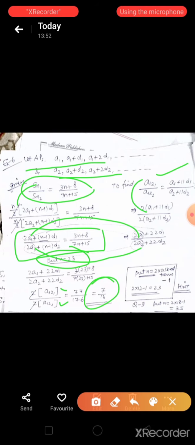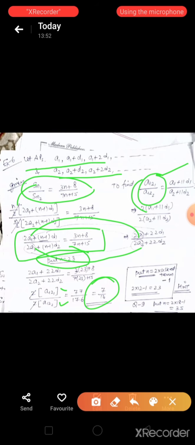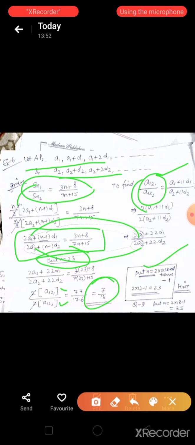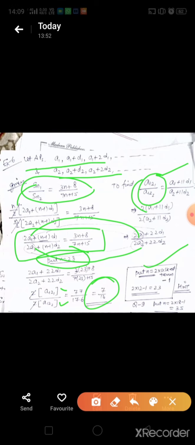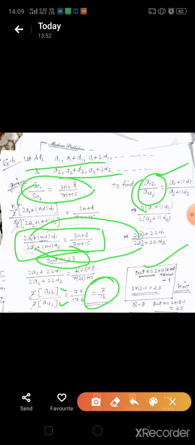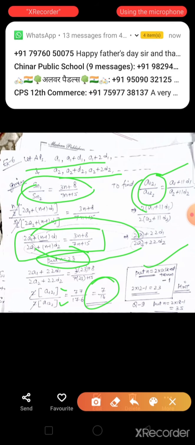But for shortcut we can also remember that जिस भी टर्म का रेशो हमें पूछा गया है, यहाँ पे 12th टर्म का रेशो पूछा गया है, उसका डबल होता है 24, -1 कर दो, this is what we have written. सो 12th टर्म का रेशो पूछा गया है, और सम ऑफ n टर्म्स का रेशो पता है. तो n की वैल्यू 2 into 12 minus 1 दैट इज 23 यहाँ पे हमने पुट किया है.